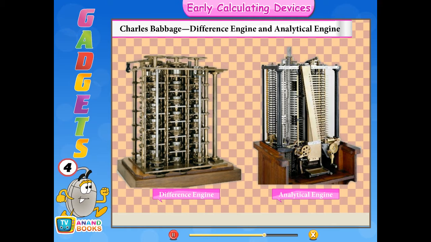Charles Babbage, difference engine and analytical engine. Charles Babbage was a British mathematician, mechanical engineer, and inventor. He built a machine called the difference engine to compute mathematical tables. In 1834, he was the first person to visualize the concepts that are used in modern computers: the input, process, output cycle. He designed the world's first general-purpose computer called the analytical engine, which had 4 parts: an input device,